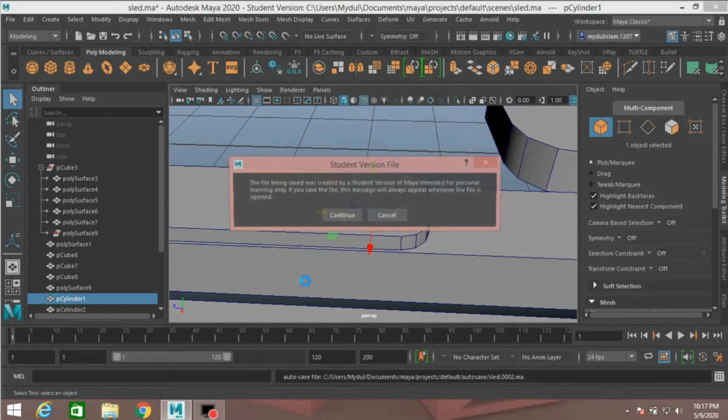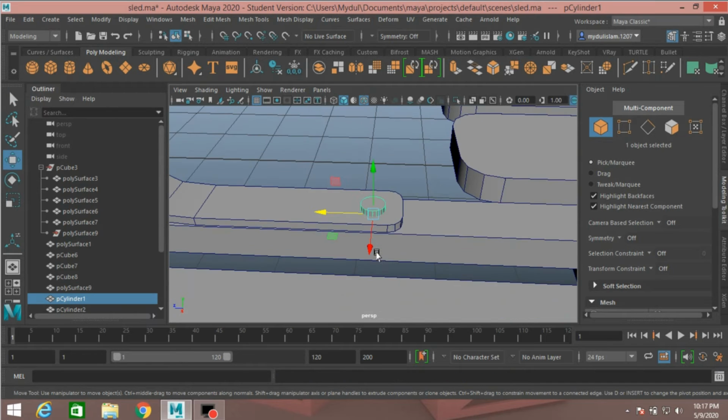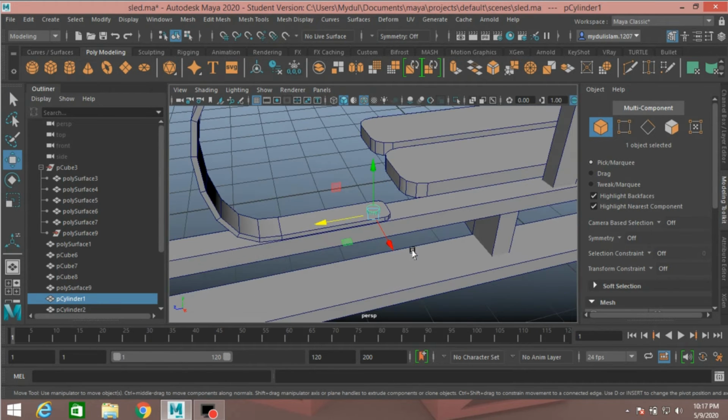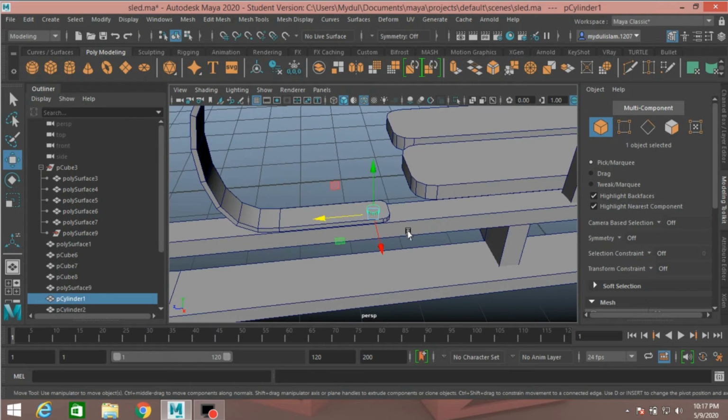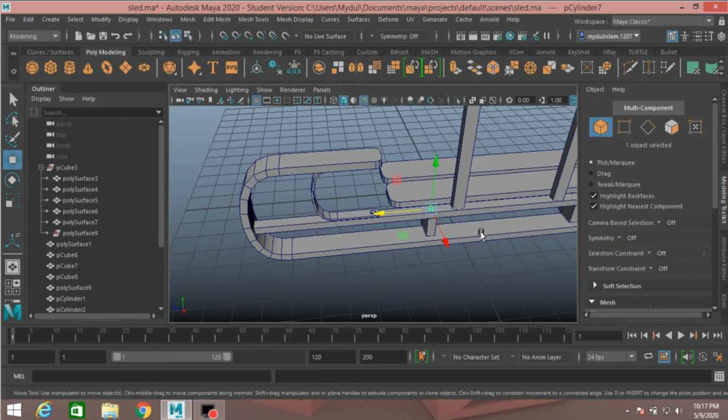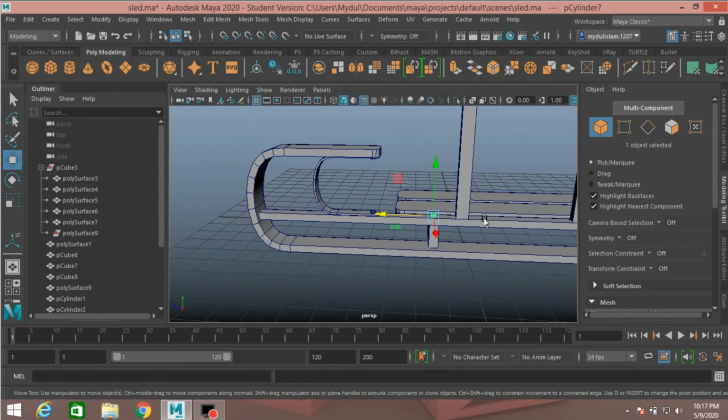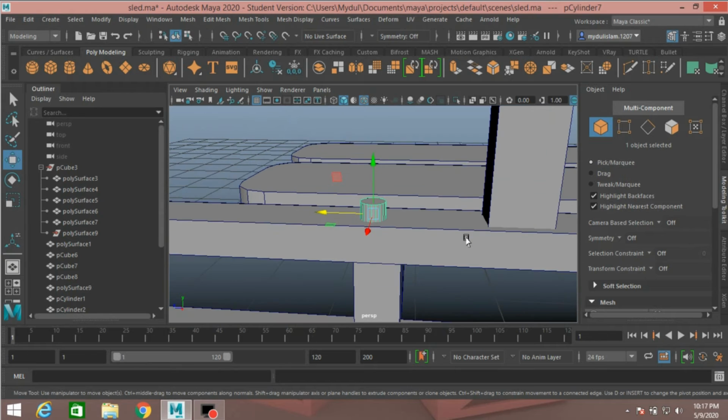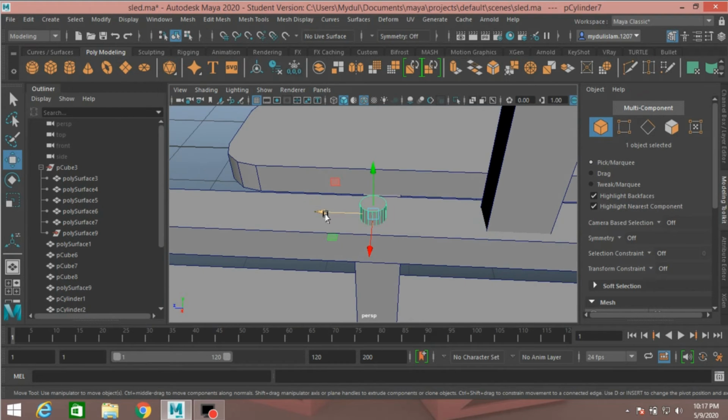Press F to zoom or focus in. Now press Ctrl plus D to duplicate and move it here. Just like this. Press F to zoom or focus in. Move down.